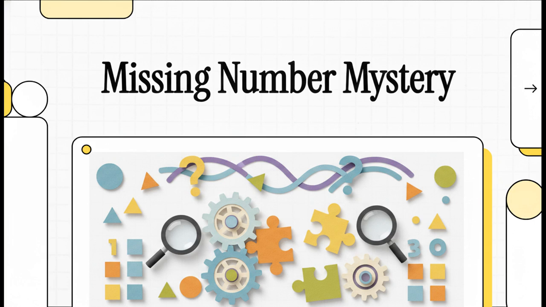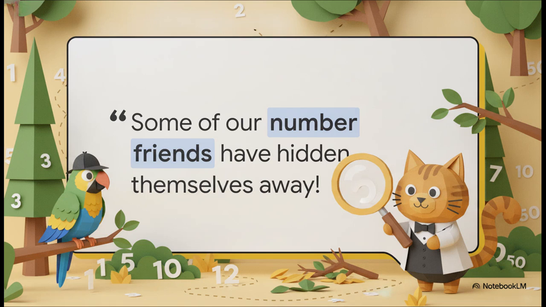Let's get into it. To set the stage, look who's leading the charge. We've got Pip the Parrot sporting a classic detective hat, and he's letting us know that the numbers in the number forest have mysteriously hidden themselves away. And he's not alone. He's joined by Professor Paws, complete with his trusty magnifying glass. Together, they're laying out our core mission for today. The numbers 1 through 50 have completely scattered, and it's up to our analytical skills to find the missing links